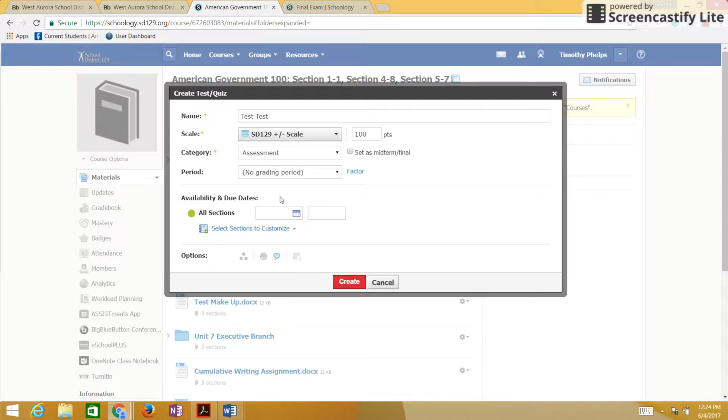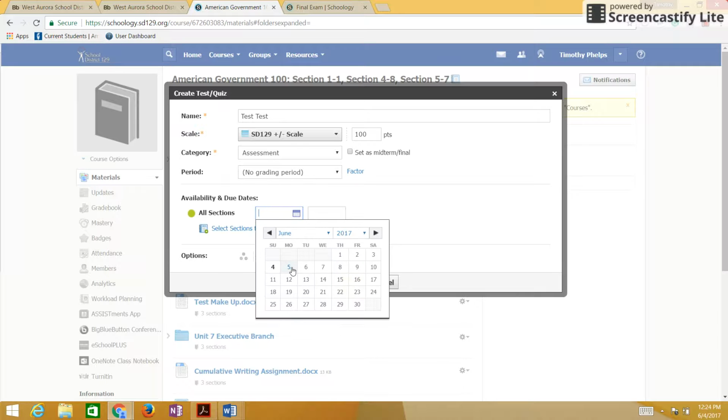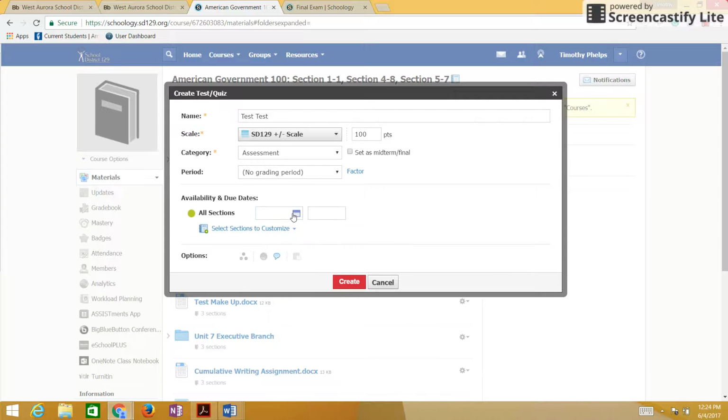Availability simply means when students are able to see this under your materials in your Schoology page. This is not that big of a deal. If you don't want students to be able to mess around with looking at the test, you can make it so that it only appears on test day. If you make it for today, like I'm going to, students can see that there's going to be a test in your section. However, they can't see any questions or anything because we will disable the test so that only the teacher can see it, not the student. So what I'm going to do is hit create,